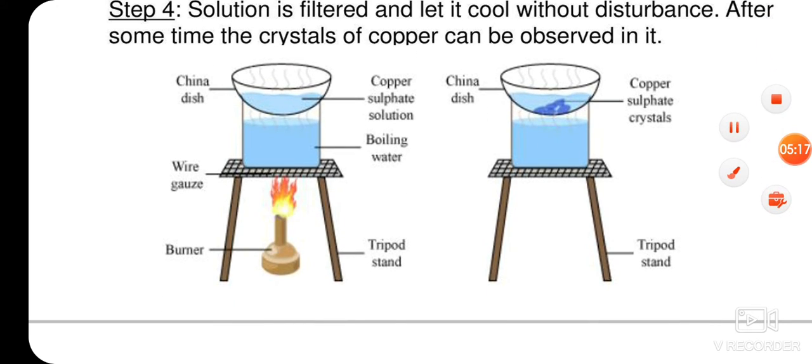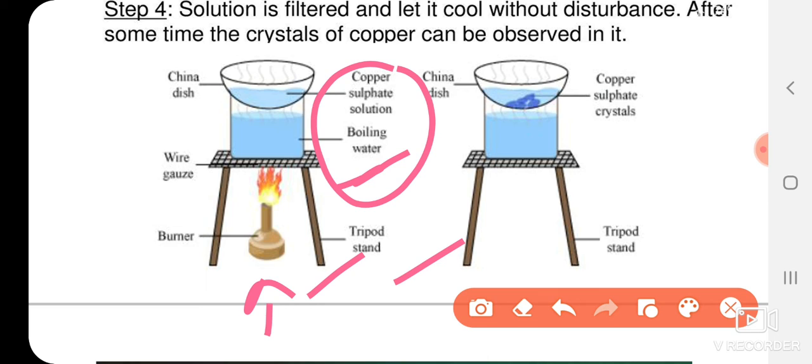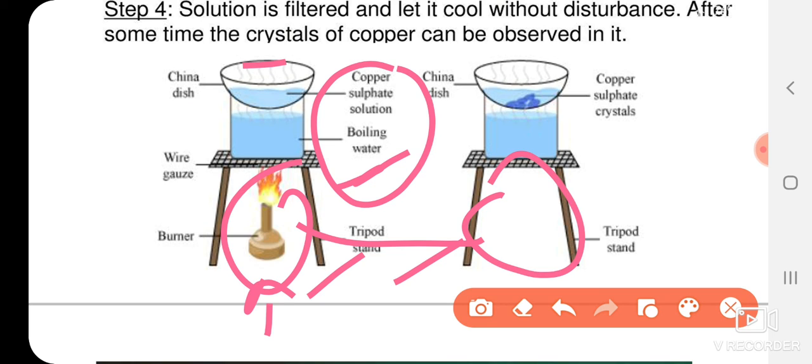You can also refer to the diagram in the textbook, but it is not very clear, so you can use this one for your study purposes. Here you can see that a burner is kept at the bottom in order to provide heat, and the copper sulfate solution is kept on the boiling water so that it will start boiling. After that we remove the burner, and later after cooling we will obtain the crystals of copper sulfate, and these crystals can be obtained by the process of filtration. So here we have completed the